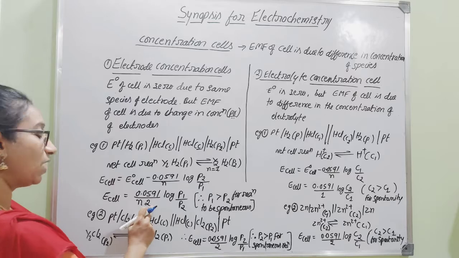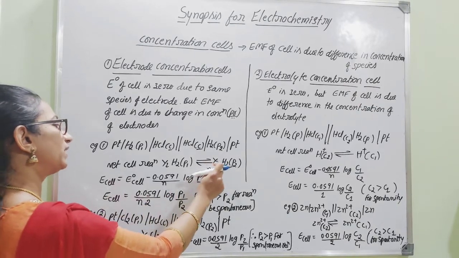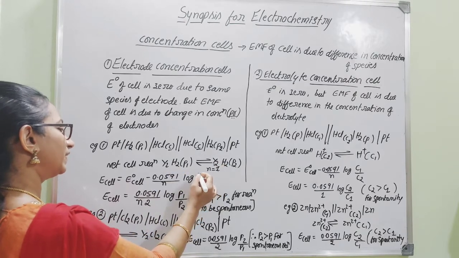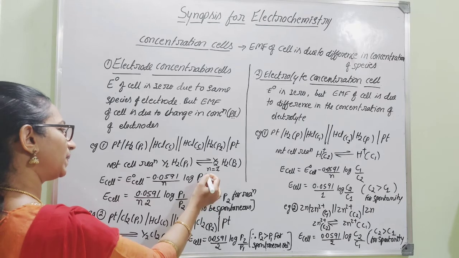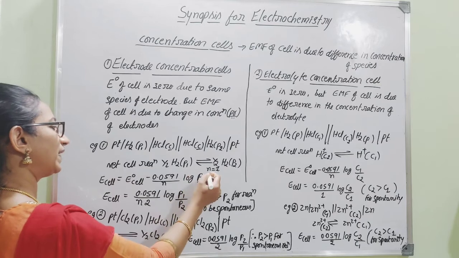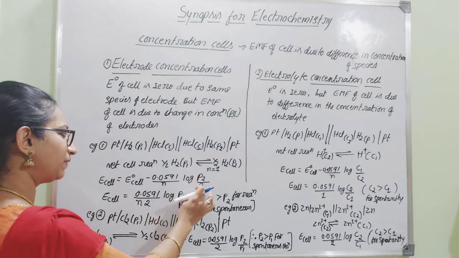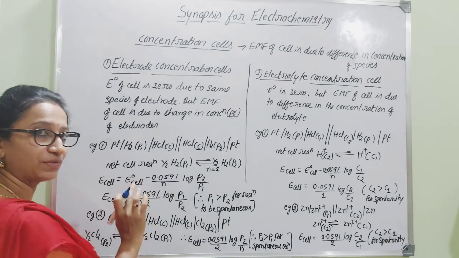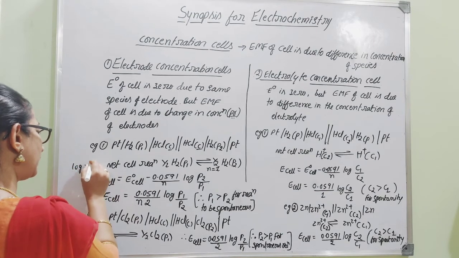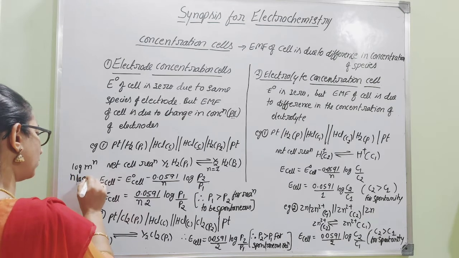Then what about this 2? How are we going to get this value 2? Here, as you know, the quotient of this hydrogen on both sides will be half. So P2 to the power, that is pressure of hydrogen gas to the power half. So both you will get half, to the power 1 by 2. Log m to the power n, if you write x, you can consider log m to the power n is equal to n log m.